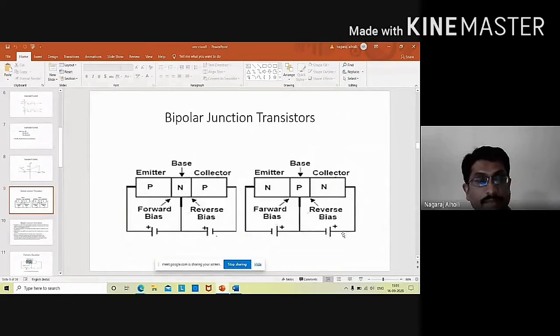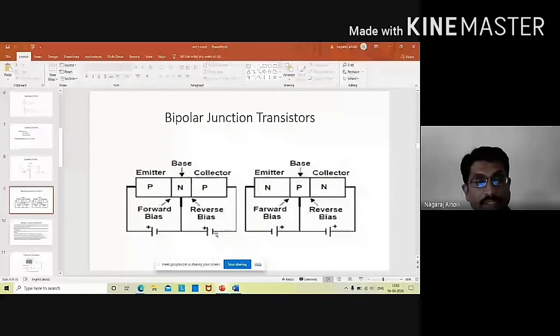These DC voltages we are applying to the transistor in order to make certain suitable current and voltage available in the transistor circuit. Such applying of DC voltages to the transistor is called DC biasing.